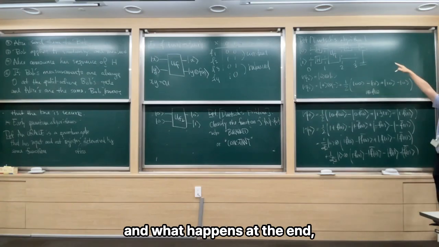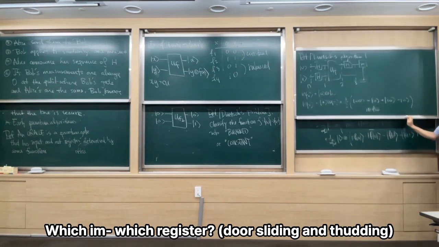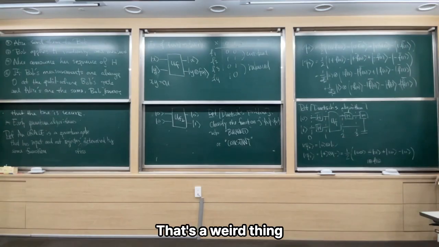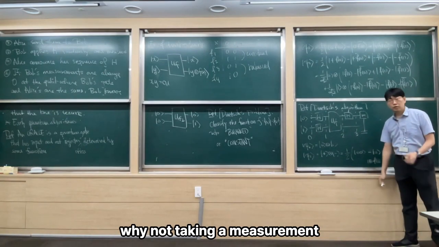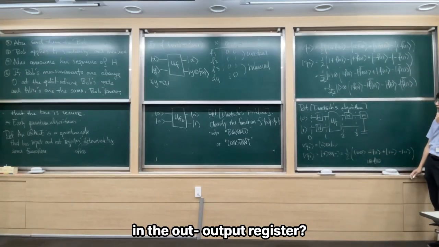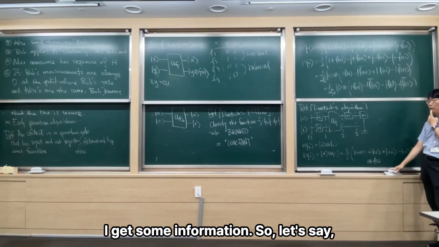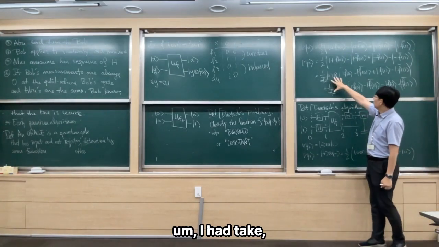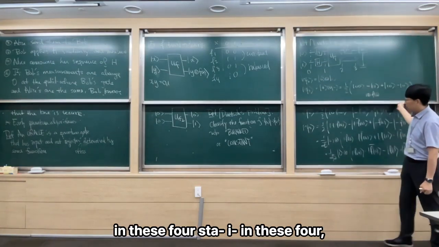And what happens at the end? The measurement. M stands for the measurement. Which register do I take a measurement on? I take a measurement on the input register. That's a weird thing because I changed the output register. Why not take a measurement on the output register? It actually happens that when I take a measurement on the input register, I get some information. So let's see what happens